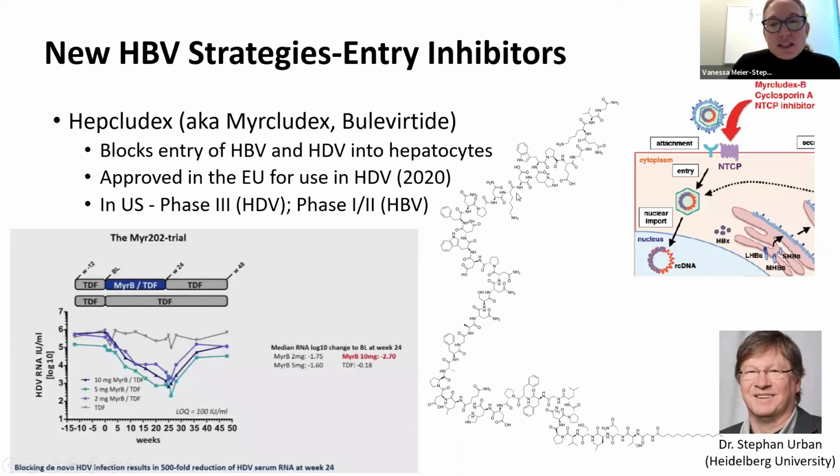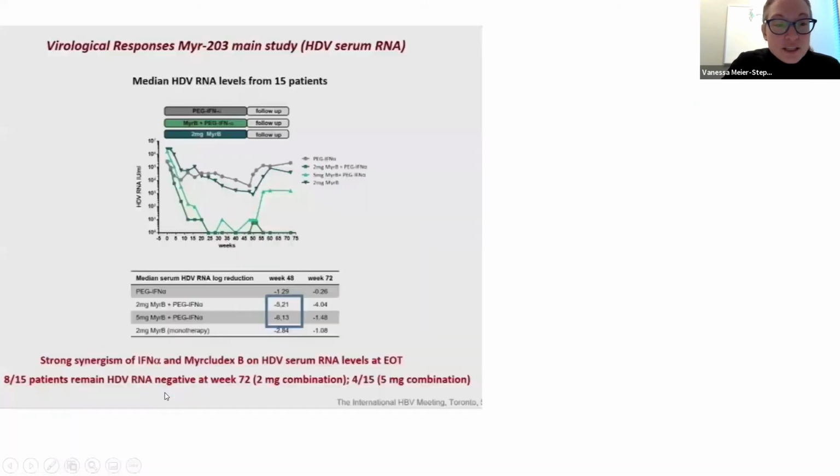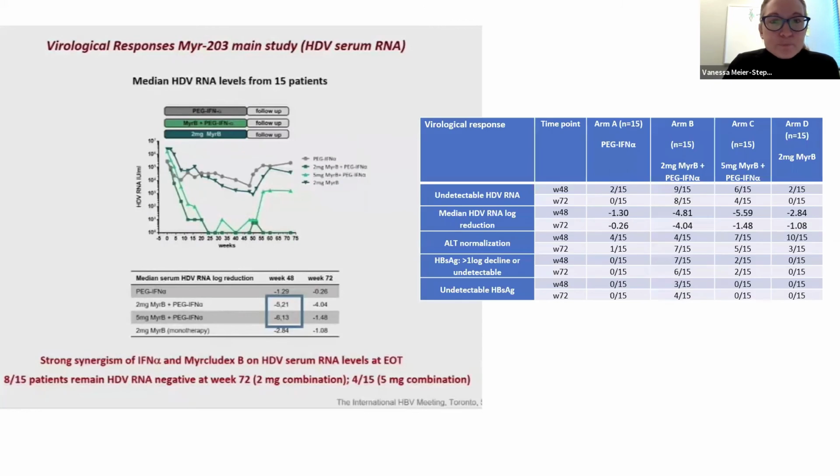So the drug that he's developed is currently approved for use in Europe. It's currently in phase 3 trials there and post-marketing trials. In the US, it's in phase 3 for hepatitis D and phase 1 and 2 for hepatitis B. And essentially, it's able to show that we can lower the level of the hepatitis D RNA. And again, what makes this exciting is that for the first time we actually have a treatment that's not interferon. Interferon has so many side effects and all this fun. But this is on the horizon. So an exciting new option for people with co-infection with D and B.